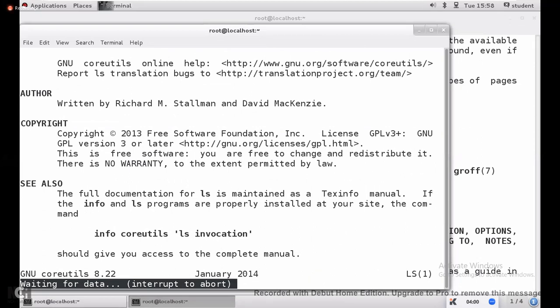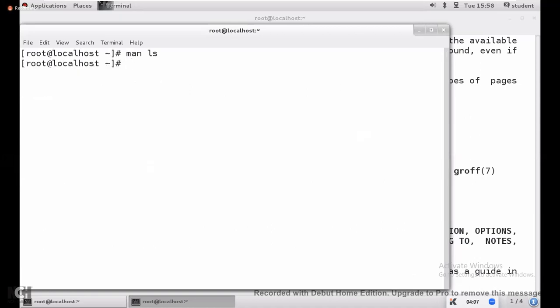Guys, if you don't provide any session ID, by default it will take 1. Man, ls or mkdir, whatever it may be. If you don't provide any session ID, by default it will take 1. That is man's default behavior. Got it, guys? Okay. Next, xfs underscore